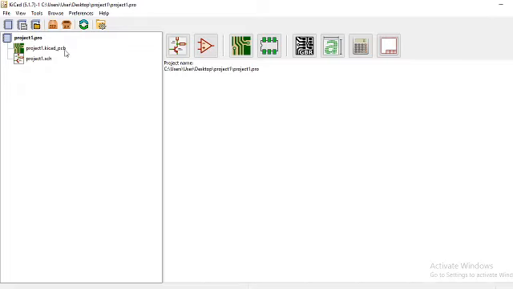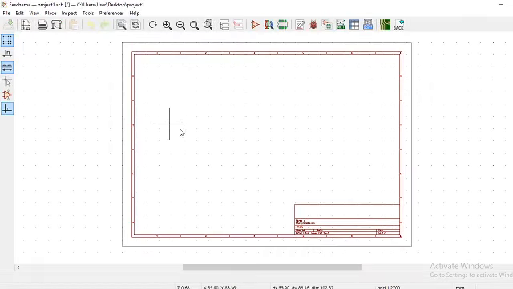Circuit schematics are made in KiCad using EEschema. Let me show how to start EEschema in KiCad. Clicking on this file, project1.sch, then opens the schematic editor or EEschema window. We will now place our first component. Go to the right panel of the EEschema window, then click on the place component button. Here we can see place symbol.